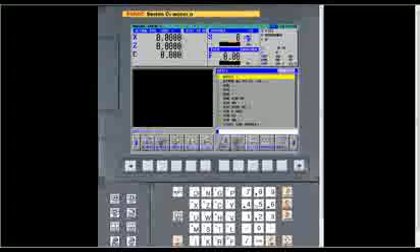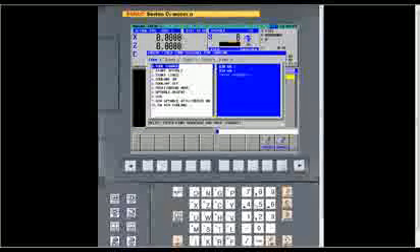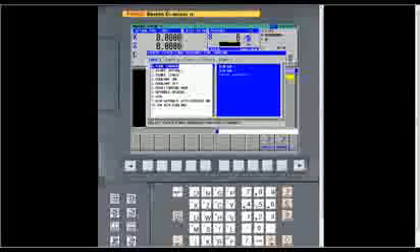Now at this point, we want to go over our fix forms. We want to talk about our fix forms. And when you first go into Manual Guide I, this is your typical first screen in Edit. If you go right shift, and there's a soft key fix forms. And it takes you into the fix forms that usually this might be empty in your machine. And it's critical that you go in and set up